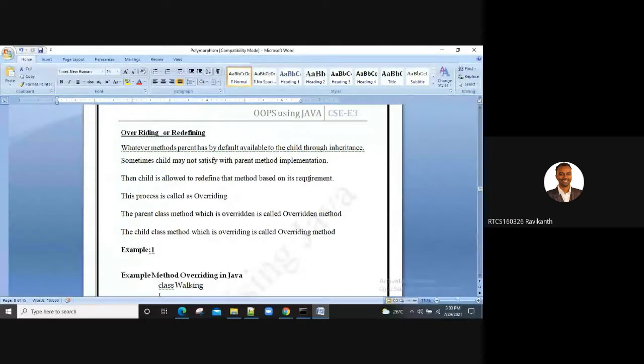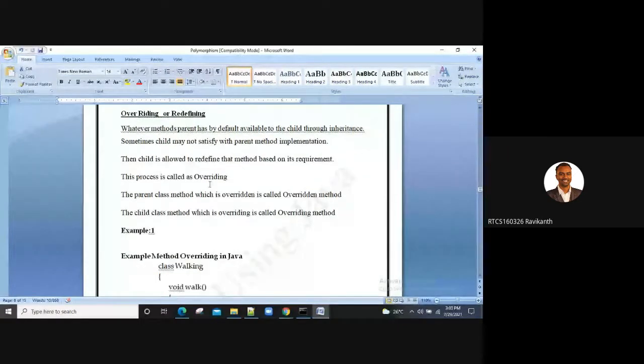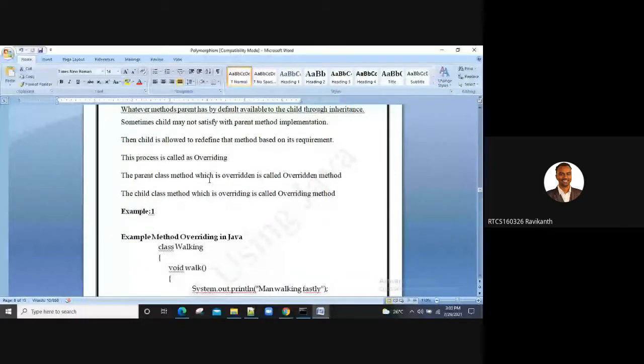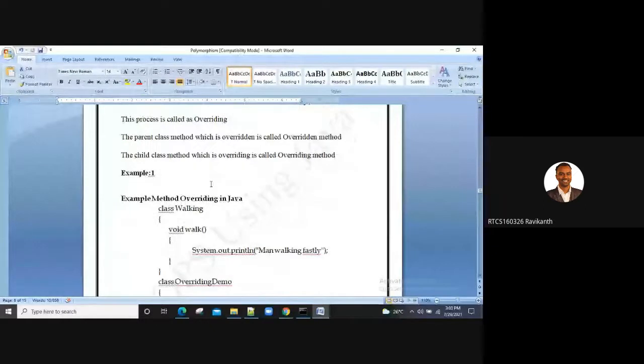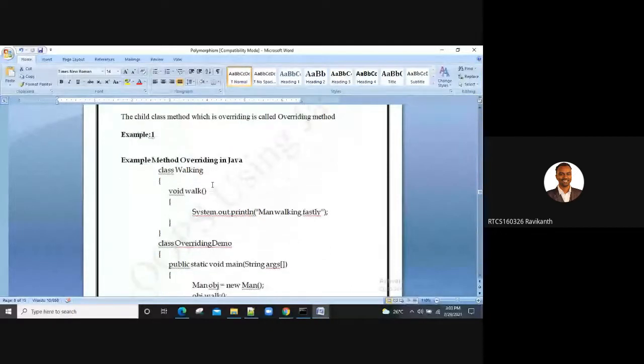But here the child is allowed to redefine that method based on his requirement. How? By the overriding concept. So for that, we are going to make use of the overriding of method concept. Most often we use it in combination with inheritance, but I'm just covering it here.